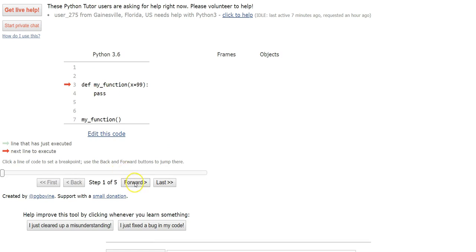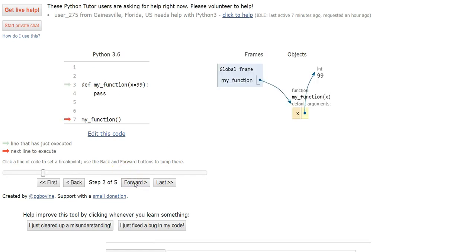Okay, we're going to run the code again. The definition looks the same. Nothing there has changed. I still have my function name, my default argument, my default object, my default binding. Okay. Now when I call the function,